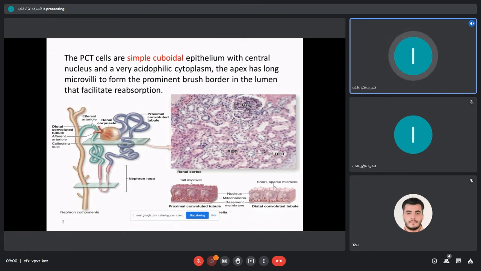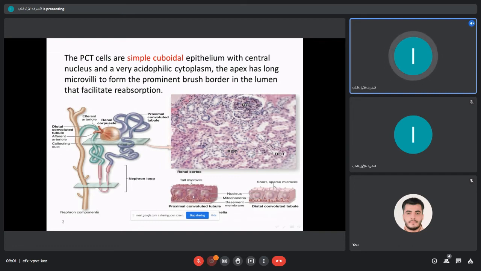The other function is the production of the active form of vitamin D. This function is carried out in the proximal convoluted tubular epithelial cells. Histologically, the cells lining the proximal convoluted tubule are simple cuboidal epithelium. It has a central nucleus here,